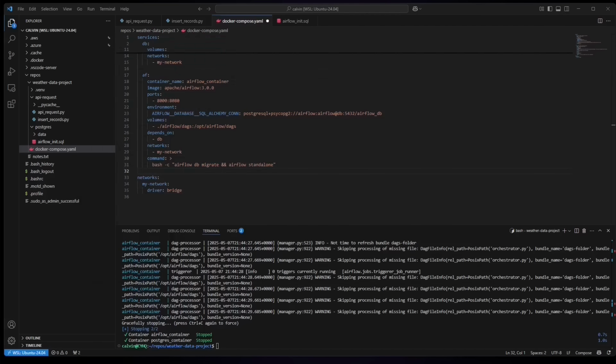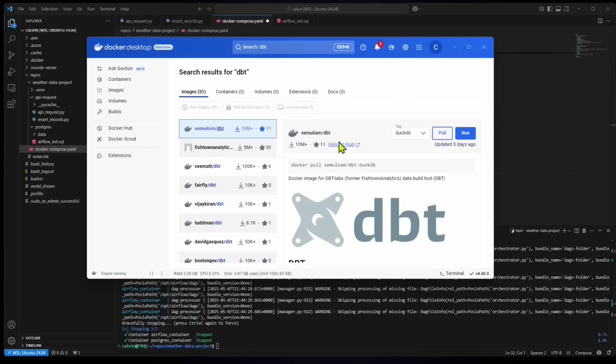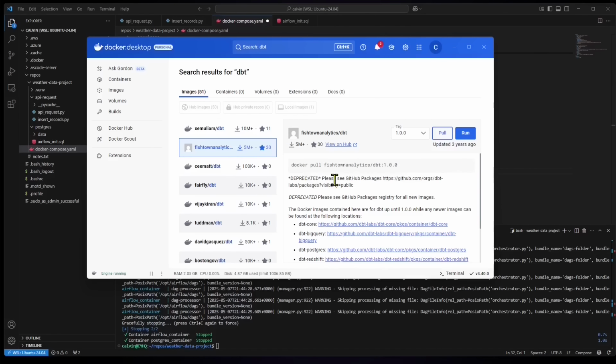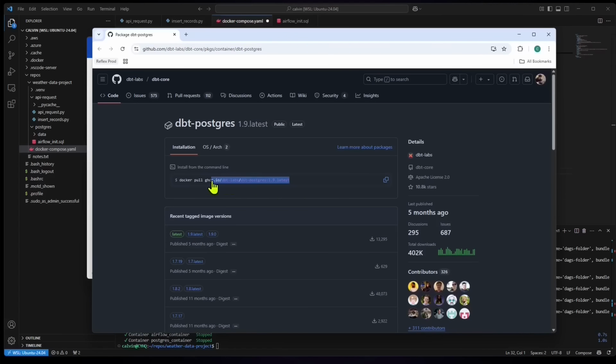In Docker Compose, I'm going to search for dbt, and let's take a look at the first one. It seems like this image is not compatible with Postgres. So let's check out the next one by Fishtown Analytics. And it looks like this one's deprecated, but the newer images can be found in these locations. So I'm going to click on the link for dbt Postgres, and here we can find the image and the